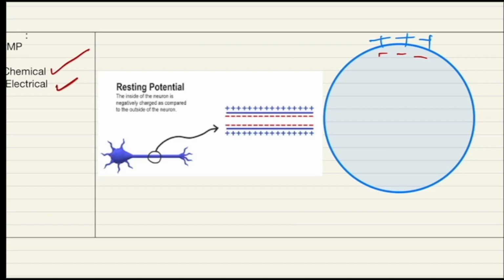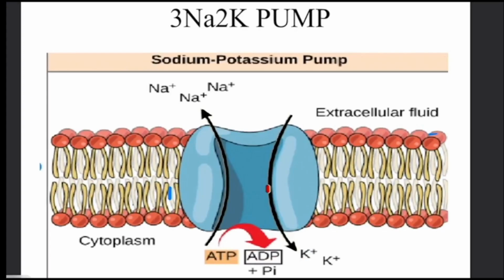So there are two mechanisms by which the resting membrane potential is maintained: one is the concentration and the second is the electrical charge developed. First, how is the concentration gradient made? The concentration gradient is made because of the 3 sodium 2 potassium pump. This is an energy-dependent process. Utilizing ATP, ATP is converted to ADP and the energy is used to pump 3 sodium outside and 2 potassium